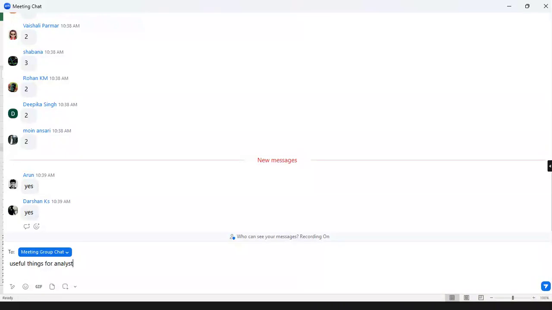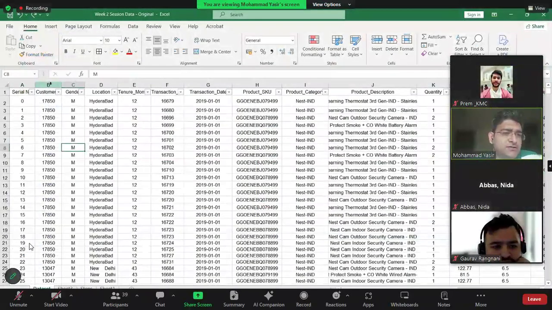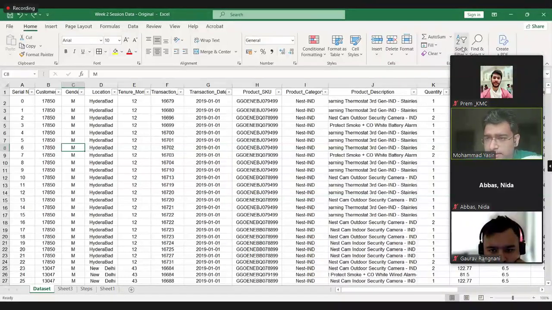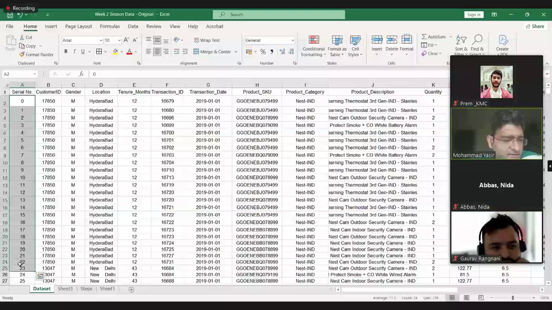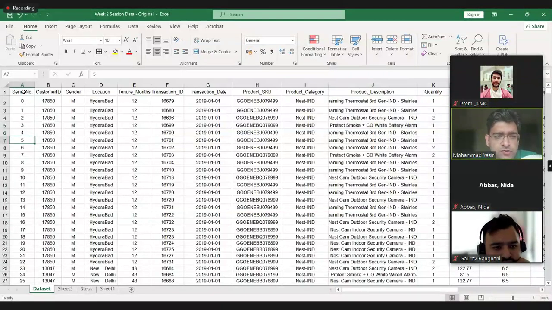Right. Now, back to our data set. It is a transactions data set for an e-commerce platform, right? So first we will understand what the columns of this data set are. Let me remove the filter, right? So the first one is serial number. This is sort of a dummy row because it is started from zero and going till the end, right? So not of much use to us, right? It is just a serial number of row count which has been added here, right?